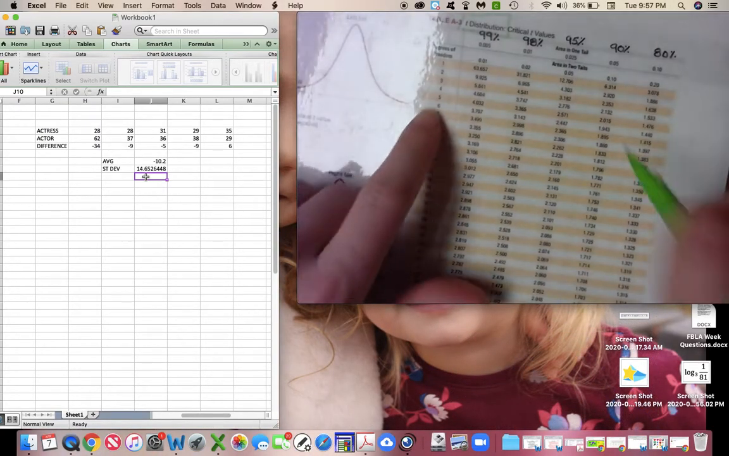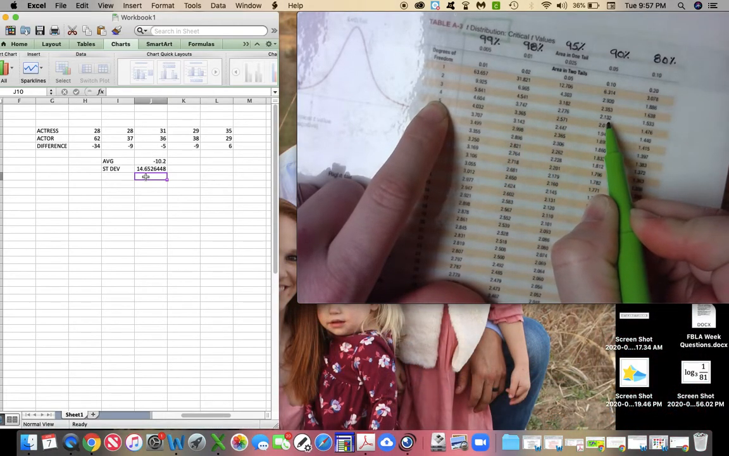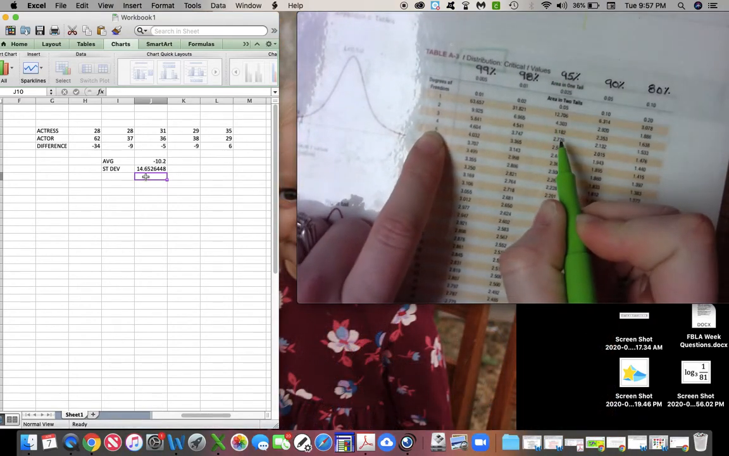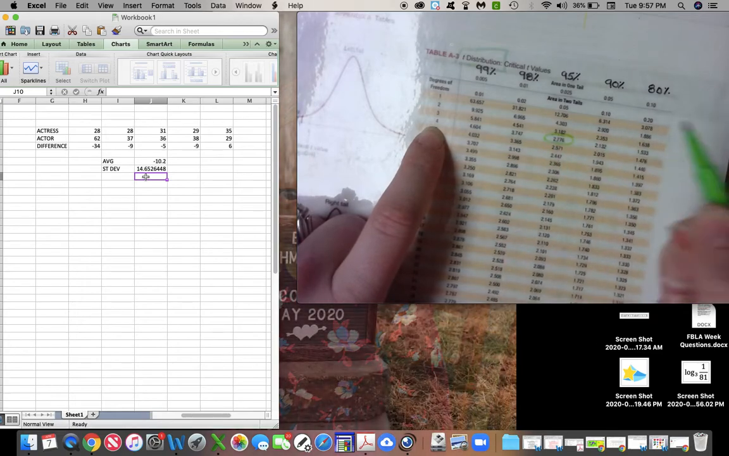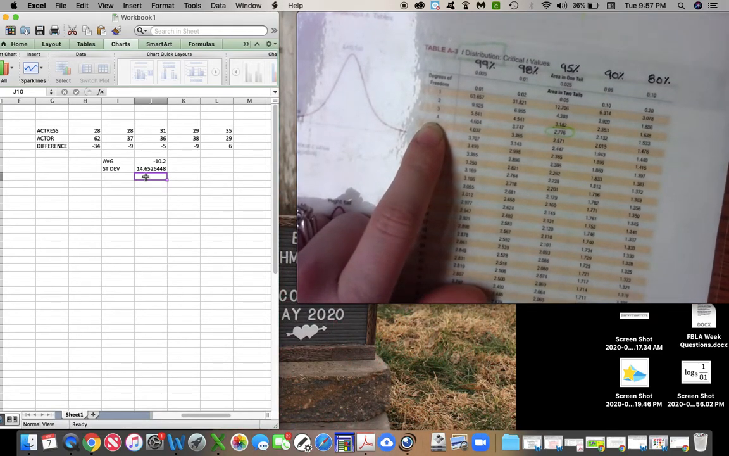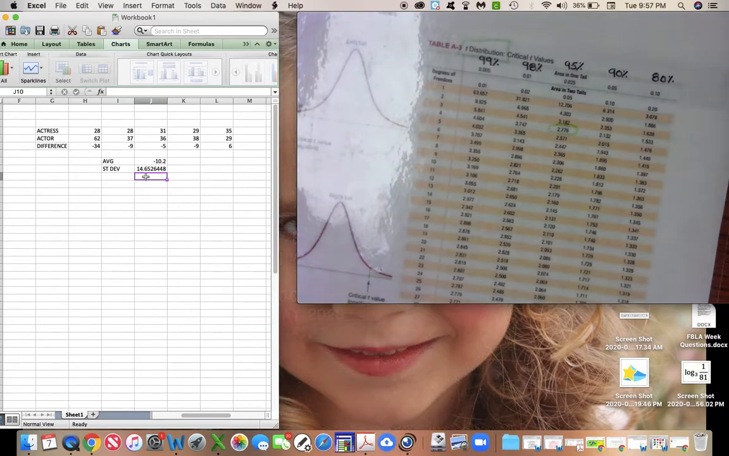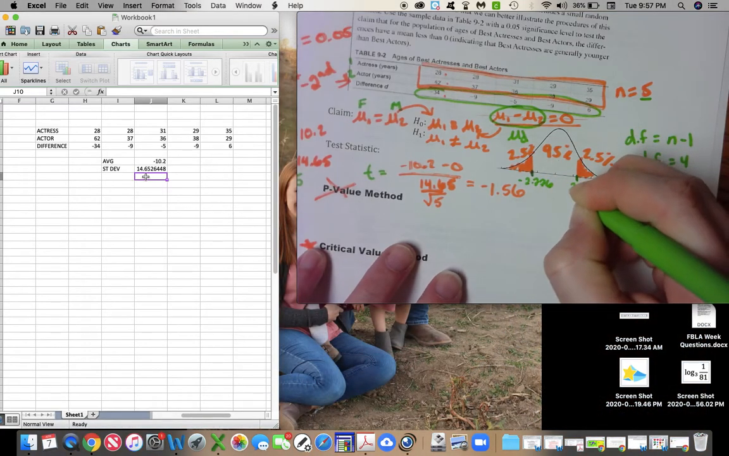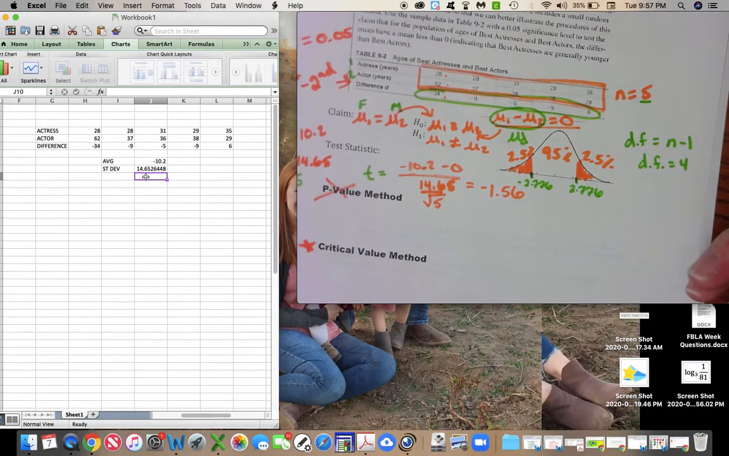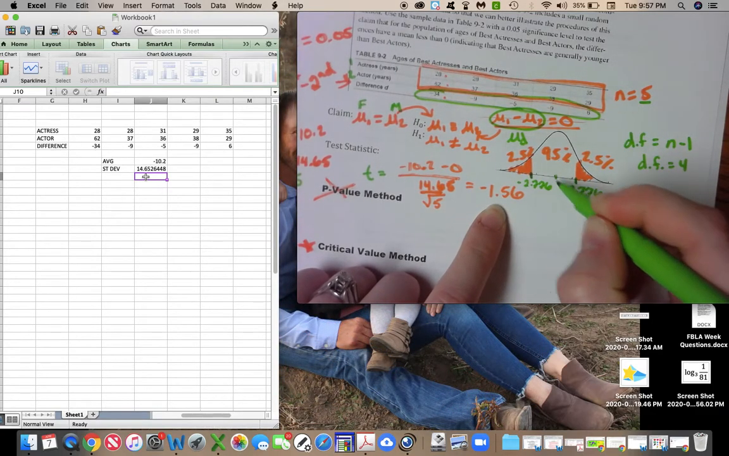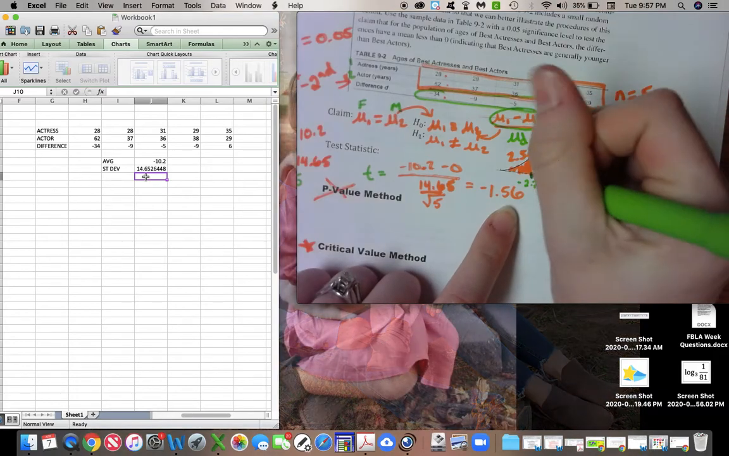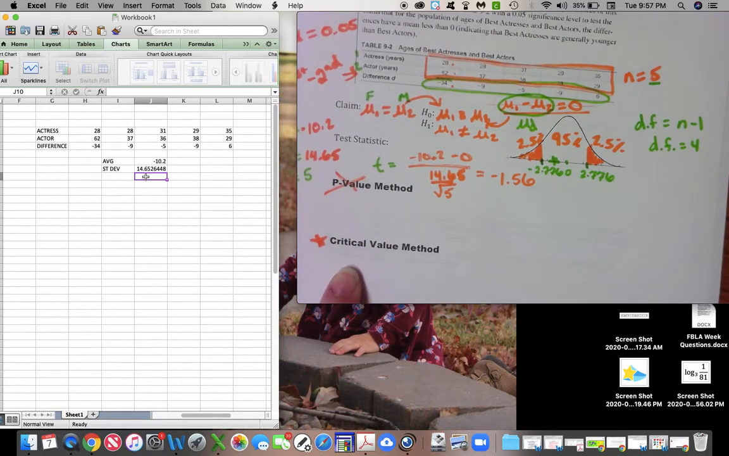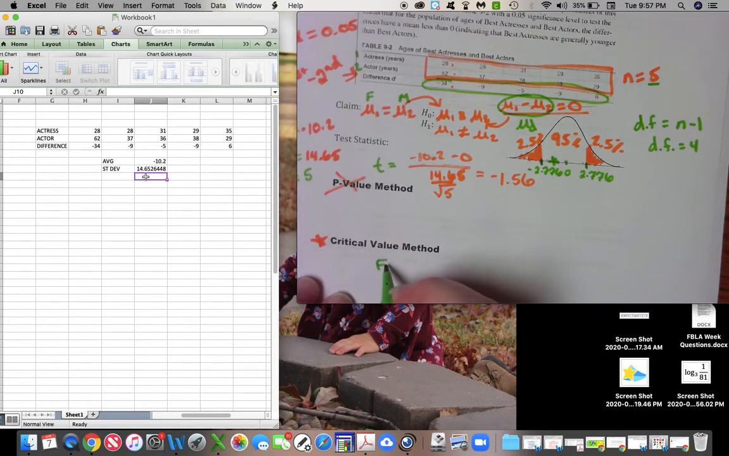Okay, so I'm all the way up at the top of this chart, and it should be 2.776 is what my t is going to be. So this one's negative 2.776 and positive 2.776. Okay, and then I figure out where my number lives in between those. This has 0 in the middle. Negative 1.56 is going to be right here somewhere. Okay, so we're still in the clear, which means that according to the critical value method, we're going to fail to reject